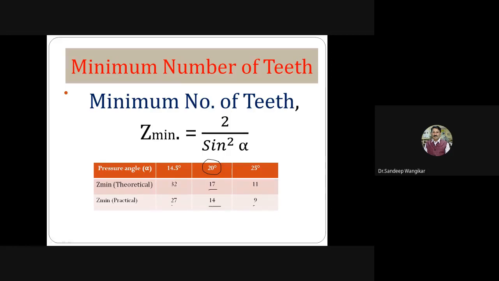Okay, so this is one consideration, and this is the formula for minimum number of teeth on the pinion, so that no interference will be there, and therefore no undercutting is required. So what will happen in interference? In interference, the teeth on the pinion will dig into the teeth on the gear, and some teeth get attached, and it will dig some material from the gear tooth. So this happens, and this will ultimately lead to undercutting operation. This we have already discussed in the previous lecture. So this is the concept of minimum number of teeth.